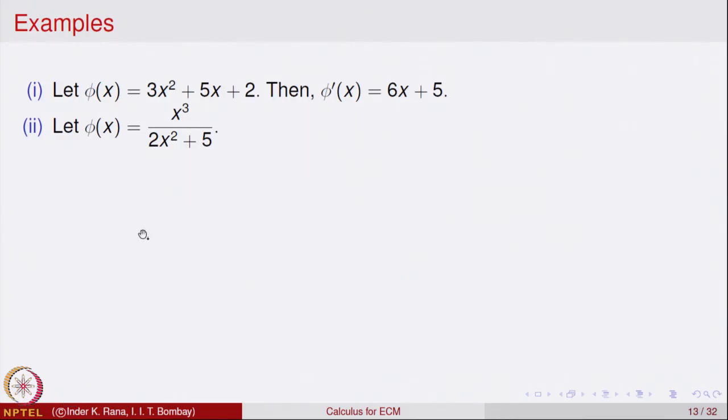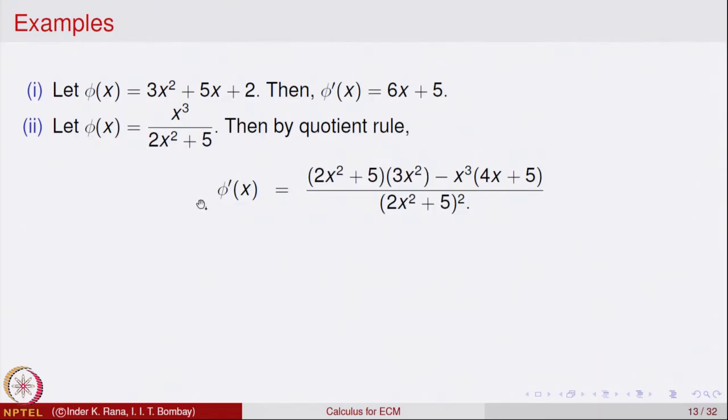So, we can compute by the quotient rule, the derivative is equal to (2x² + 5)², this goes up, (2x² + 5) into the derivative of x³, that is 3x², minus x³ as it is into the derivative of 2x² + 5, and that is 4x. There is a mistake here, that 5 should not be there at all, that is 0. Okay, right. So, which can be simplified,